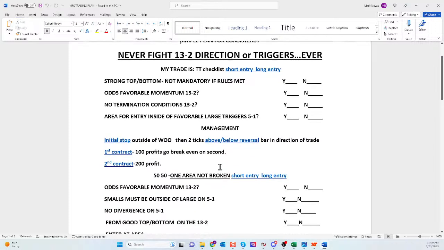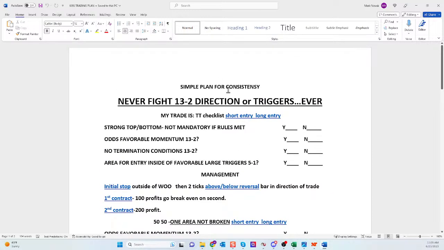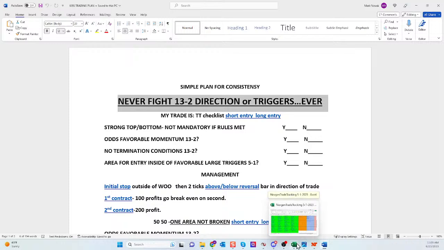If you learn to read your charts, patterns begin to repeat themselves and they begin to ingrain themselves into your brain, guys. This is a plan for consistency. I put it in the room. This isn't the end-all be-all plan, guys. This isn't the only plan. This isn't the only way to trade, right? This is saying, hey, you might be new and you're learning to read your charts. Let's keep you focused on the best of the best. Let's keep you focused on the highest probability, most advantaged trades while you learn to read your charts. Because if you do that, guys, you have a plan capable of making money while you continue the education process.